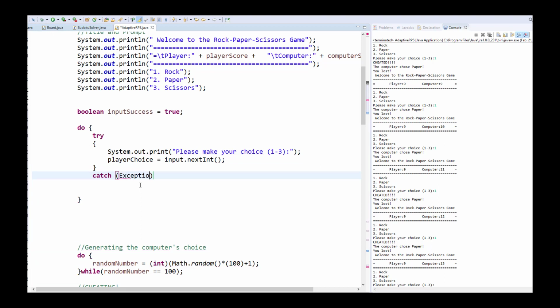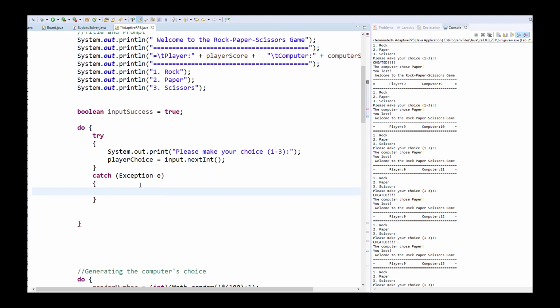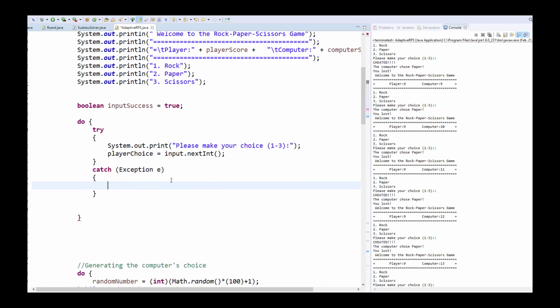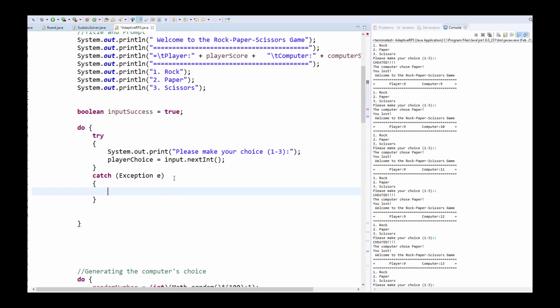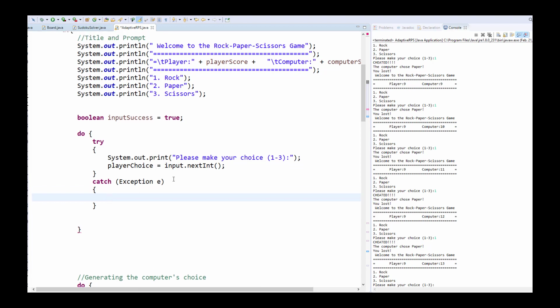We'll just catch all exceptions. Now, the only real exception we're concerned about when working with the console like this is that the user is not going to enter an integer. They are going to enter something that's not an integer, right? So that will make the computer reject the input. So what we're going to do here is say input success is equal to